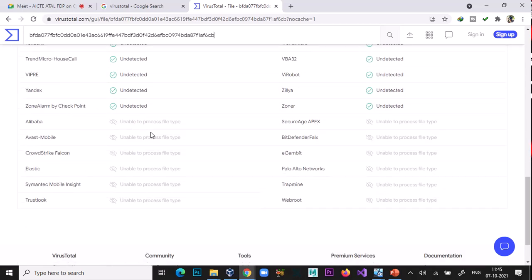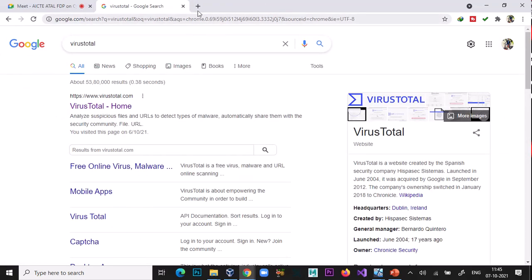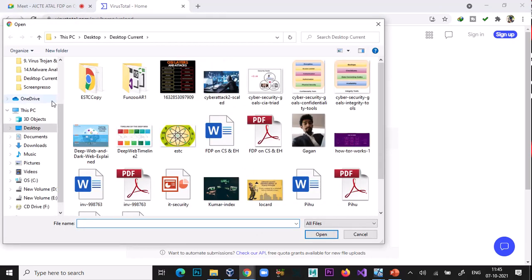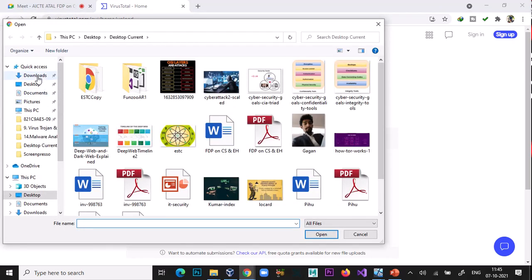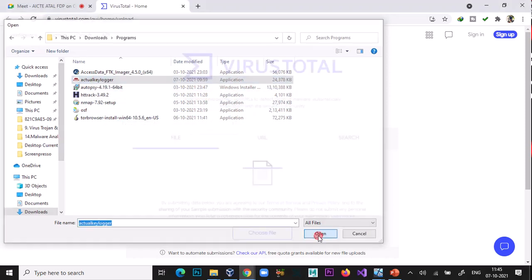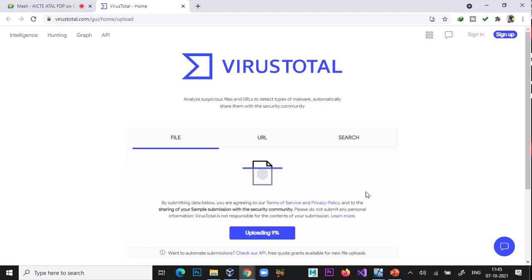Because this is a simple PDF file, there is no virus. But now I choose and download and upload an actual keylogger. So this is the exe which I have downloaded.